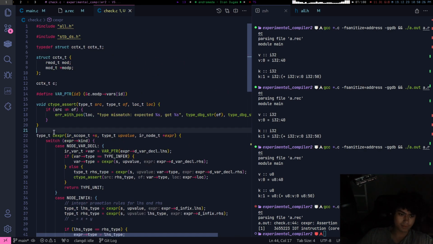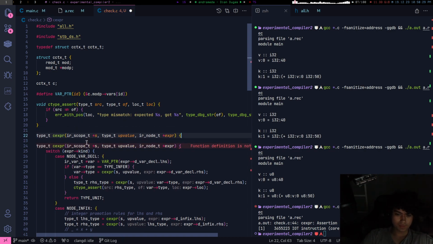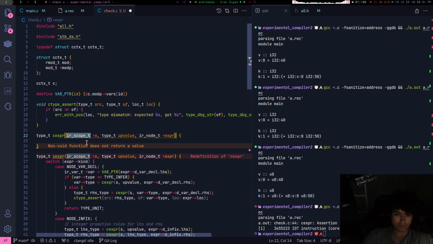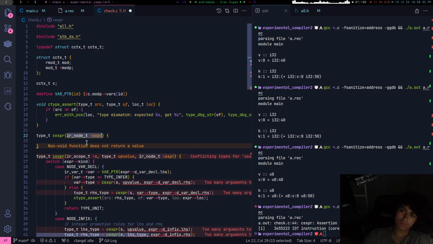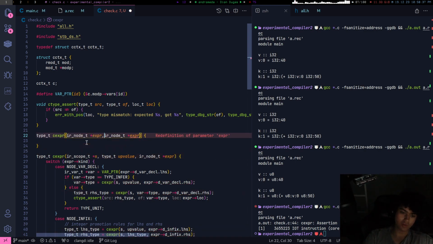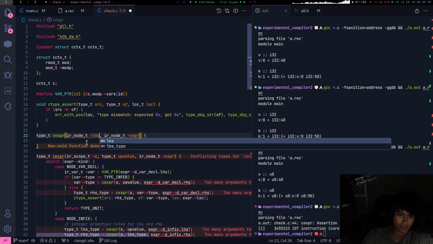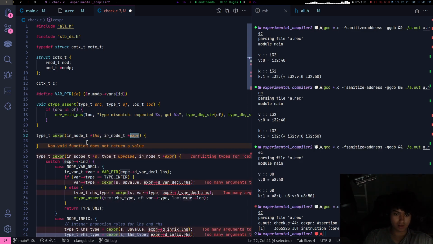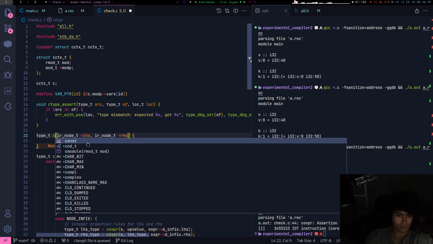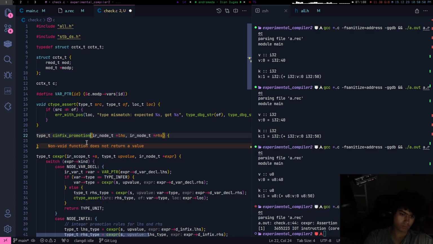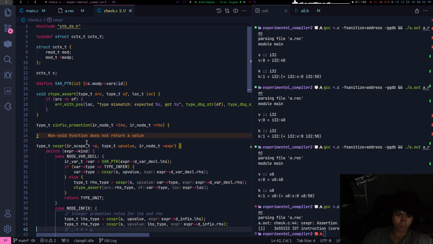Do something like, do we need an upvalue? No, it's not upvalue. LHS and RHS. C infix promotion.